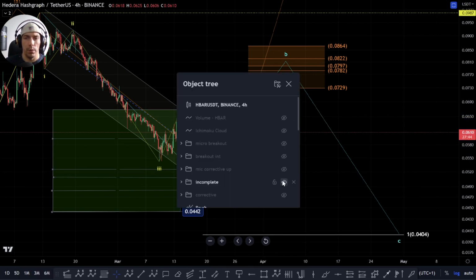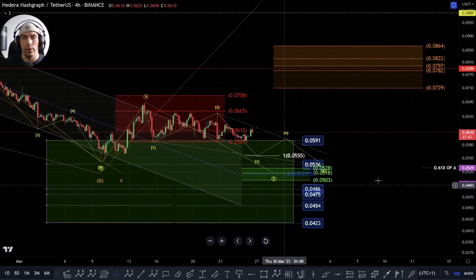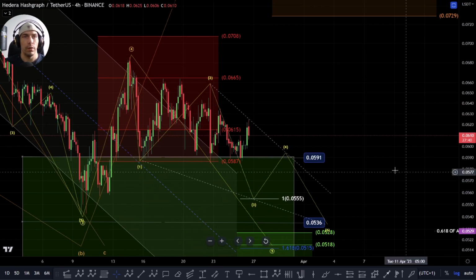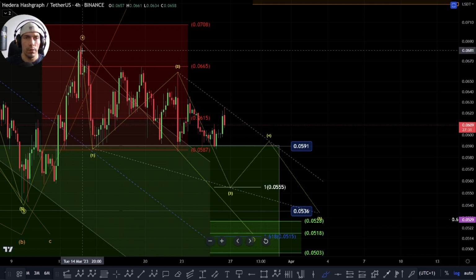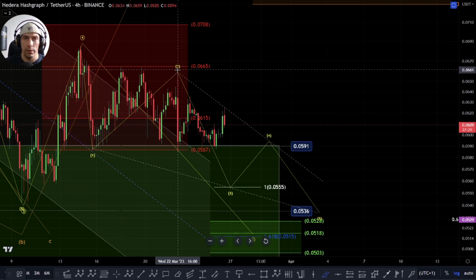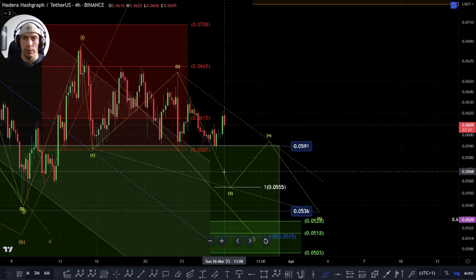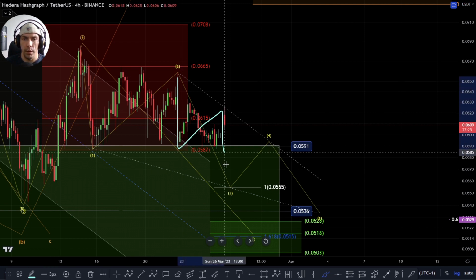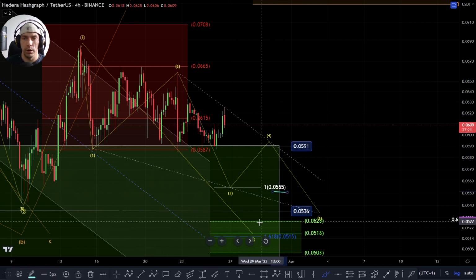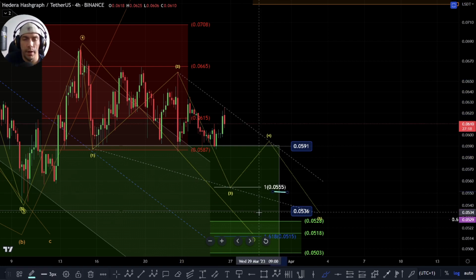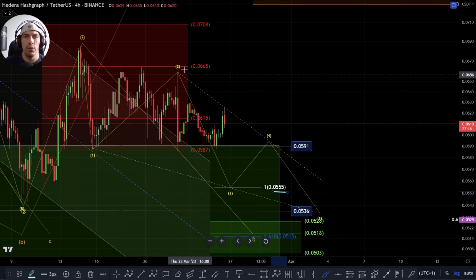What I am looking out for, if we are just looking at this as a potential diagonal. So what I mean by looking for a diagonal is looking potentially at this move, and there's a couple of ways we could look at this really. We could argue that this is a wave 1 into here, this is a wave 2. Potentially we're looking to form a wave 3 as an A, a B, and a C down into this low point, which could actually then be looking to target out this 0.555 region. So if we do actually move back above this high point here of this